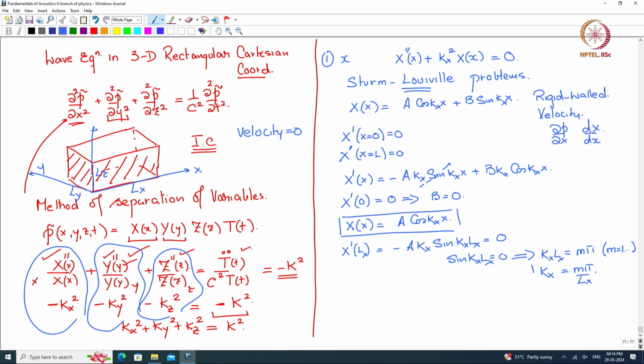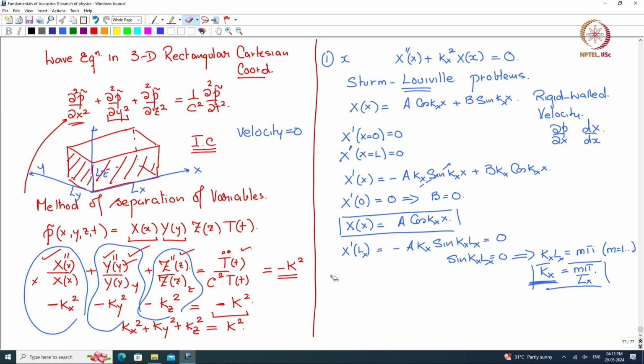Okay. So, I have found a kx. Okay. So, this is an eigenvalue problem. Okay. This eigenvalue is m pi by Lx. Okay. So, that means this box with rigid walls likes only a certain set of kx's, not every kx is admissible, that is the eigenvalue. Okay. So, now similarly all other forms are same. Similarly, if I do it for y,